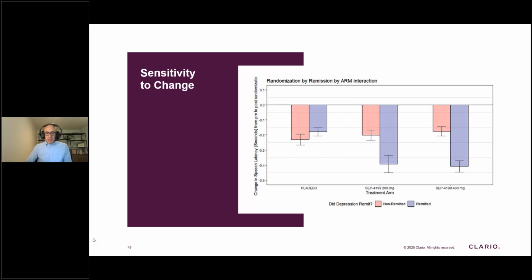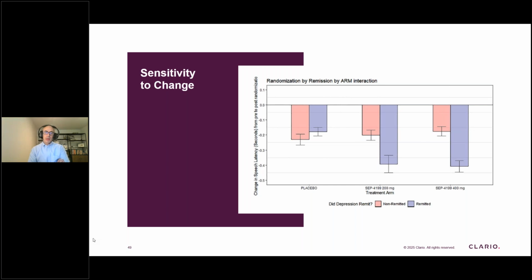And one thing we noticed is that, in patients whose depression remitted during the trial, when we compared the change in speech latency from the beginning of the study to the end, then in both treatment arms of the drug being used, there were some very interesting findings. While placebo showed statistically no meaningful difference from drug, basically patients on placebo, whether they were remitted or not, their speech latency didn't change much. You'll see a little bit of change, but it's about the same in the remitted and the non-remitted patients in